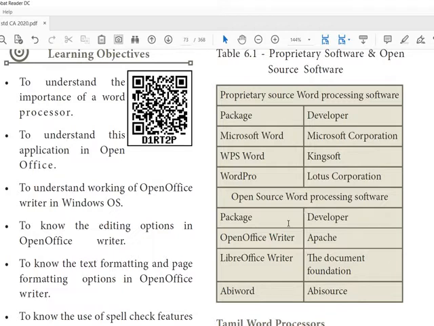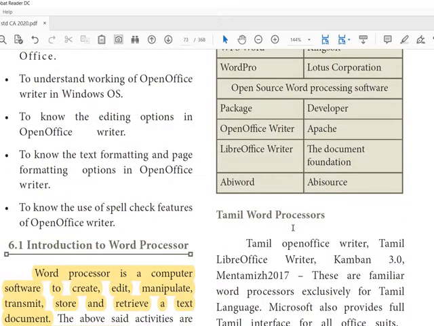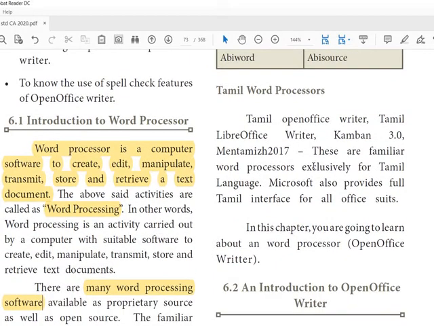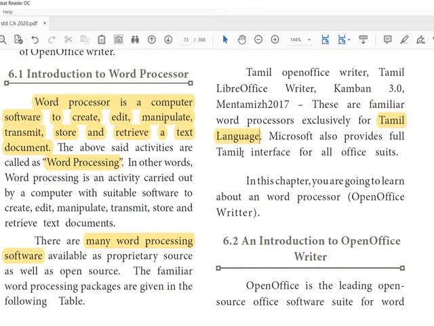That means we can use them for free and download them without any payment. Then OpenOffice Writer, Tamil Writer and Kamban are word processors exclusive for the Tamil language. Microsoft also provides a full Tamil interface for all Office suites.